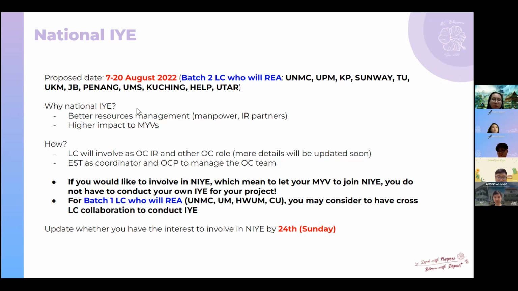Why are we having national IYE? It is to have better resource management. We can save on manpower itself. If you have one national IYE, there is no need for all of the LCs to do their own IYE. So you can have better manpower allocation to run other KAs more effectively. And also for IR partners, we can gather all the IR partners together in one event itself, so we can involve more IR partners as well. And also higher impact to NYB, they can engage with more youth, and also we can have a different kind of initiative